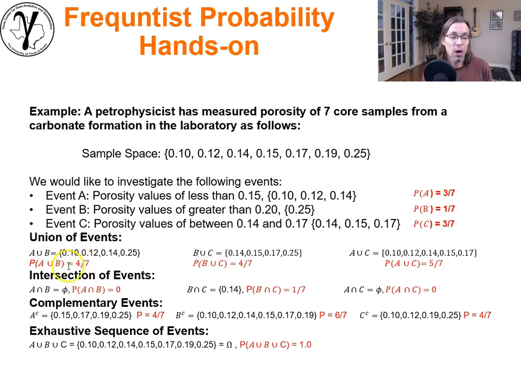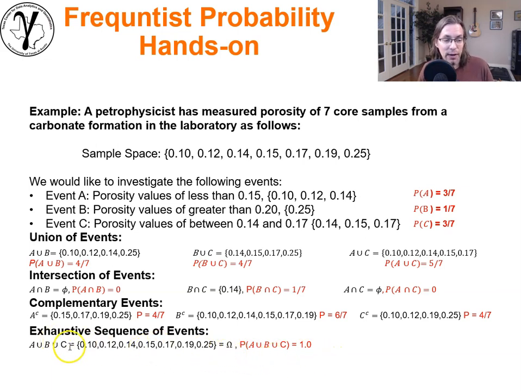And so now we're talking about the union of A or B, which is going to be just 4 divided by 7. The first 3 here from the set A, and this one adding to 4. And so we get that as a probability and so forth. If we take the union of all of them, now this is interesting.